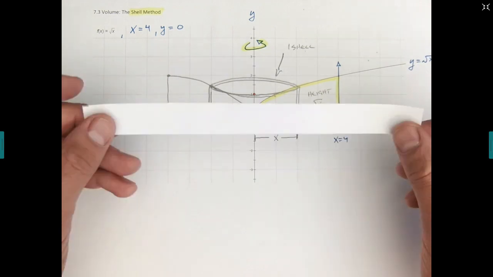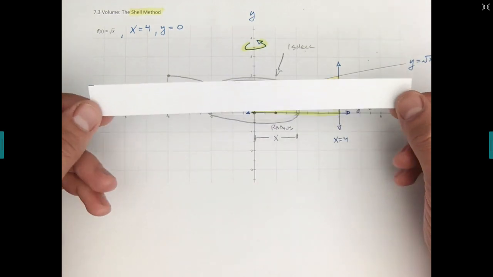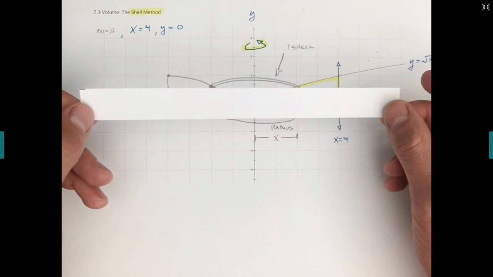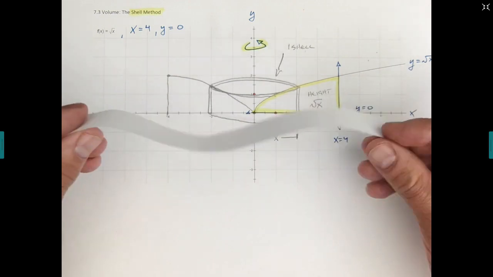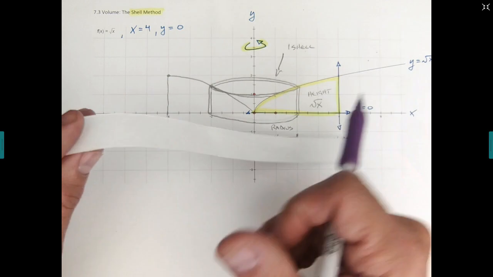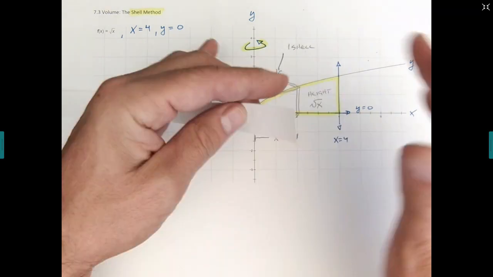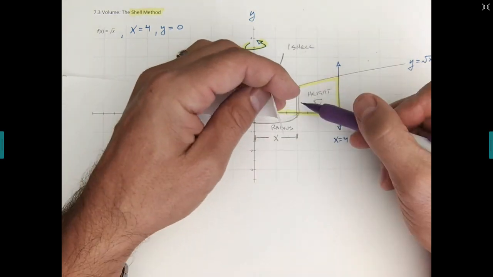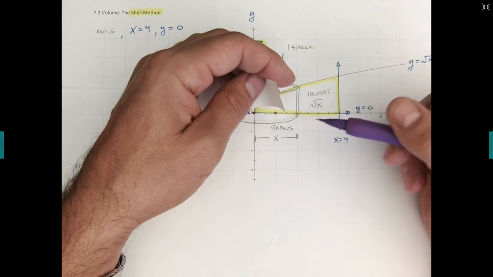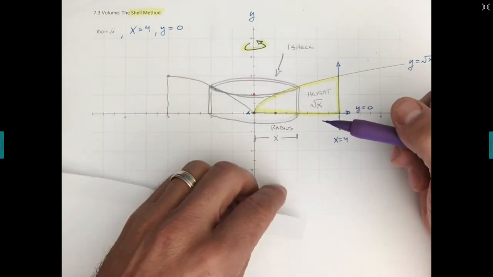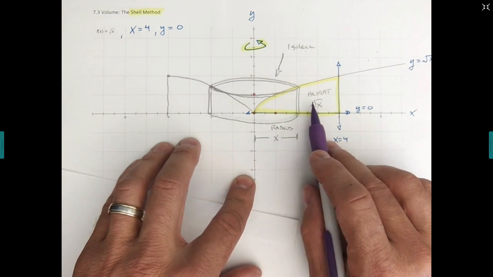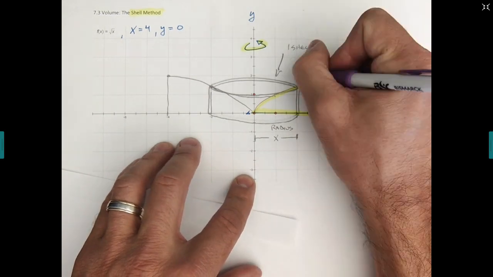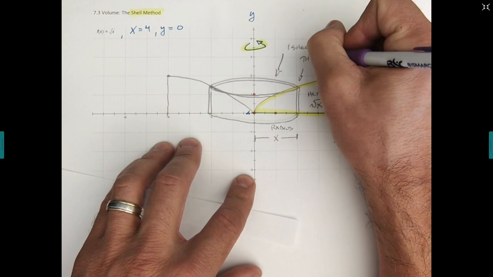So here it is. Here's the shell. And it's actually just a rectangular piece of paper right now, but when we think of the thickness of it, remember the thickness of this shell I drew in here, that's the thickness of this paper as I have this representative element. So I think what I'm going to do is, I've got the radius described, the height described of this one shell. I'm going to talk about the thickness